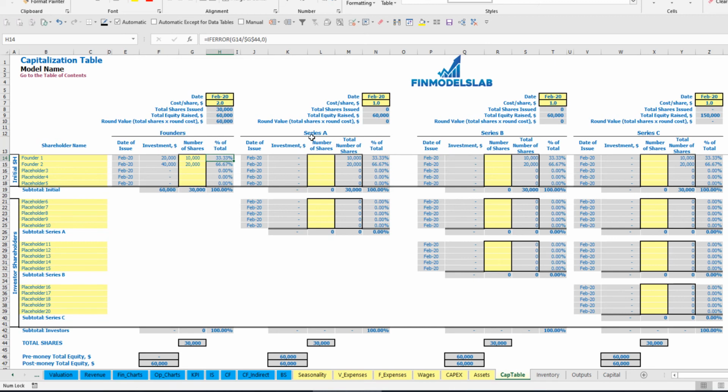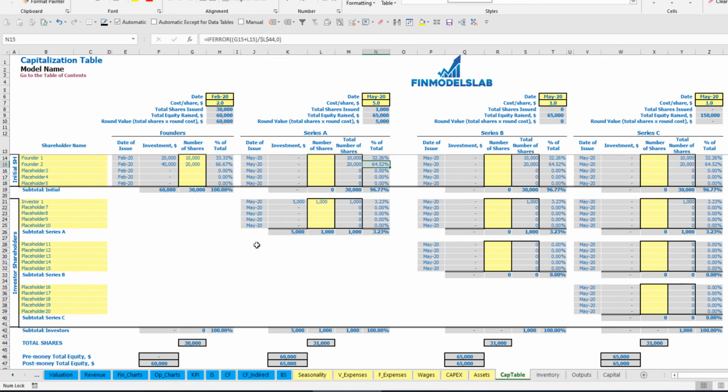The dilution is 33 to 67% of shares. Let's pretend that for Series A we have one investor and the date of issuance is May. Cost per share is $5 per share and number of shares is 1,000. So total amount of investment will be $5,000. You may see that before the Series A total equity was $60,000, after it is $65,000, and investor 1 will have 3.23% of shares, and the shares of founder 1 and founder 2 are also diluted, 32.26 and